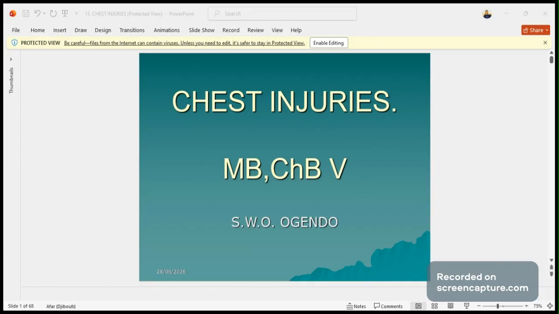So, in Kenya, talk about chest injuries. Kenya has no inclusive statistics about it, but we can talk about the developed world, where chest injury is actually the commonest injury in young adults. It accounts for around 25% of all trauma deaths, and comes mostly from motor vehicle collisions, just road traffic accidents.